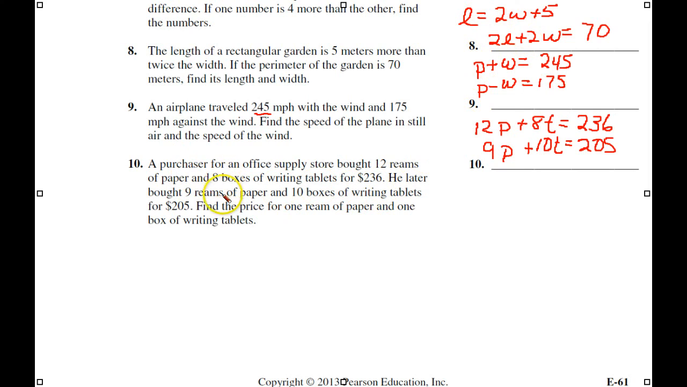Now here's a very typical kind of problem where you're buying paper. 12 papers and 8 tablets cost this, and then 9 papers and 10 tablets cost this. This probably isn't too difficult to set up, but it's rather tedious to solve because you have to figure out something that's going to cancel out. Probably multiply this by a